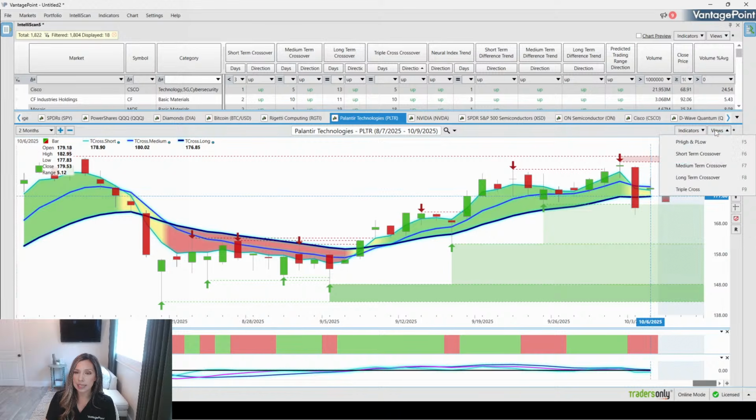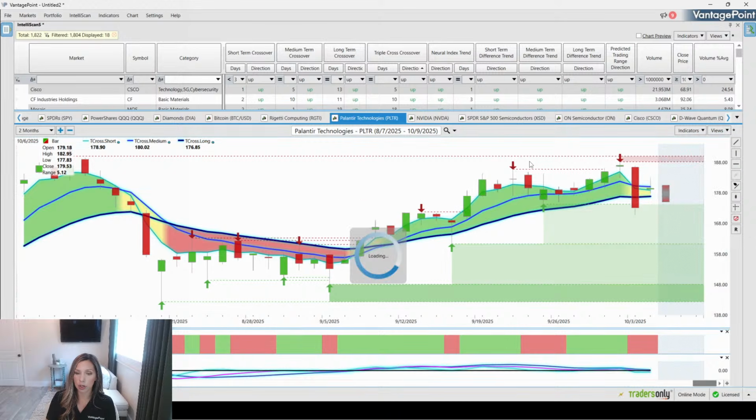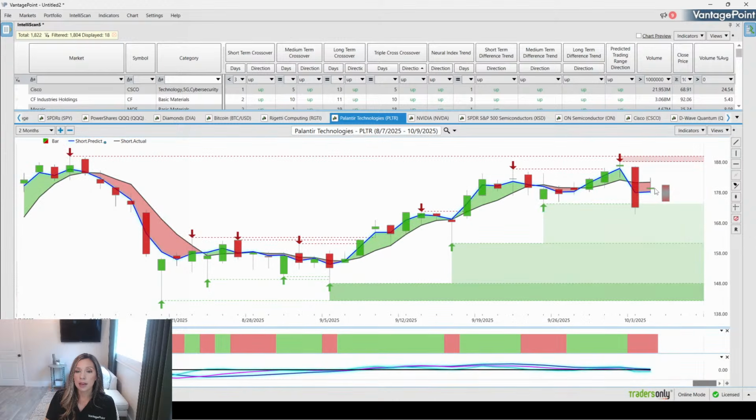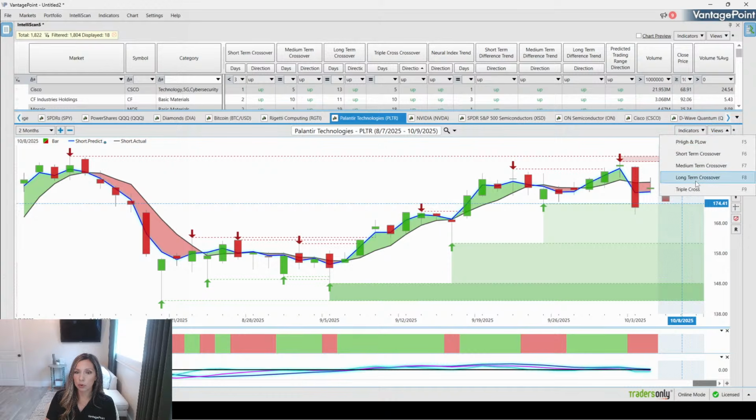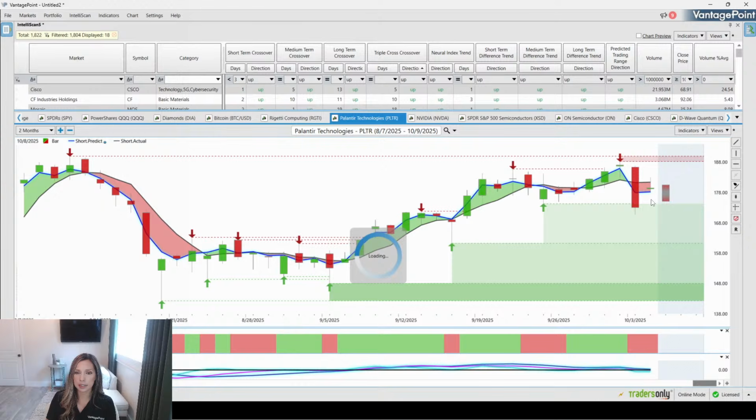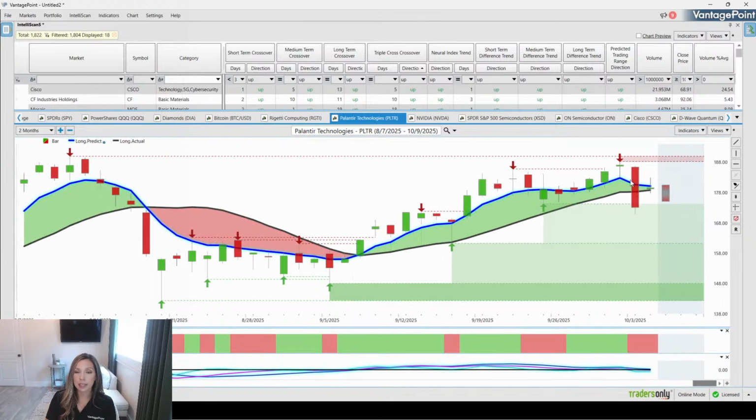All right, but let's take a look at your shorter term crossover. Not crossed over just yet, but again, in that overall trend. Now, notice where support is, all right? But look also at your longer term indications, and you can see we are still in this bullish trend. So again, looking at the overall trend, are we just experiencing maybe a little bit of a pullback here with a potential bounce